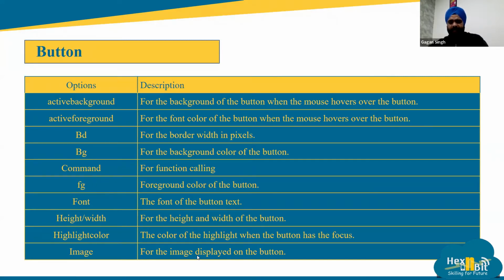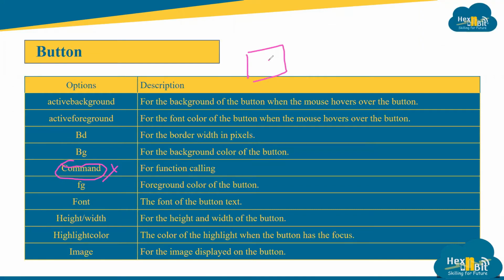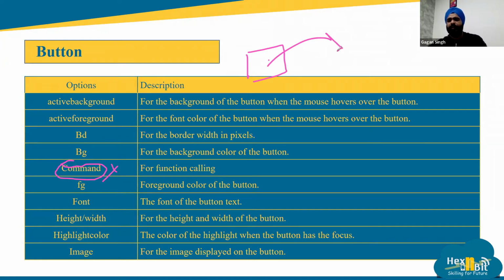Command. Out of all these operations, this is the main one. This is the main operation that you need to take care of while working with buttons, because if you don't add a command, then nothing will happen with the help of button. Because command is basically when you click this button, then what should happen? That will be written in this command. So in this, you can call another function, you can open a web page, you can move to a new screen, you can fetch the data. So in today's application, we will be clicking this button, and after clicking, it will be fetching information from a website.